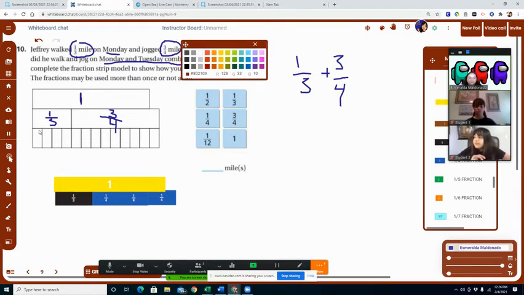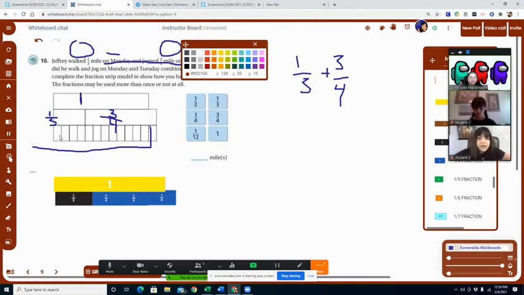So here, the book actually provides it for you, right? If you count how many fit under the 1, that's going to tell you which fraction strip fits exactly. We have 1, 2, 3,